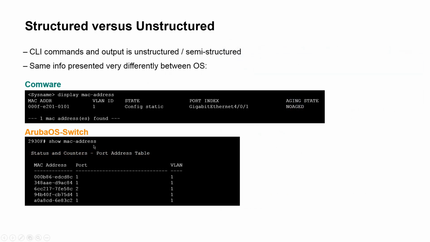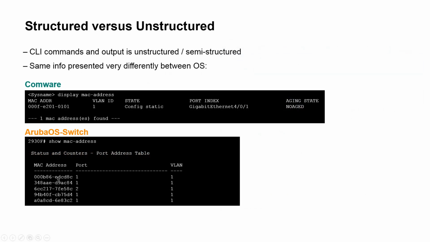So there's Comware there, and if we look at the Aruba OS switch, you can see very different, same kind of information. We've got the ports, we've got the VLAN, so we can read that quite easily because we're looking at the columns, then we've got the MAC address, but it's much harder for software, for a machine to parse this information because it can't read this like we can. It can't just look at this. And an important point here is look at the different ways that the MAC addresses are presented. So we can read that and say, okay, this is our MAC address here. Also, this is another valid way of presenting MAC addresses.